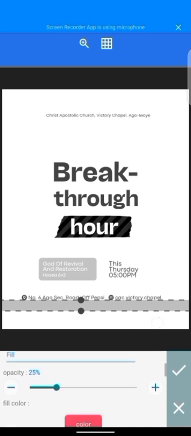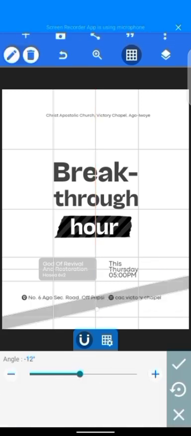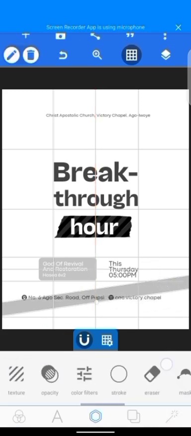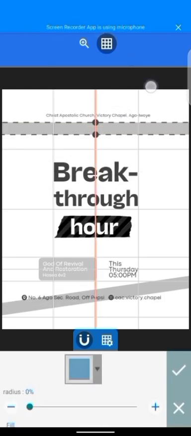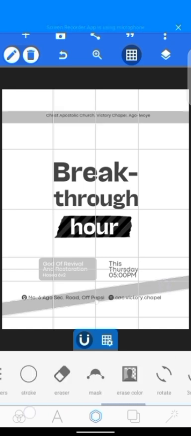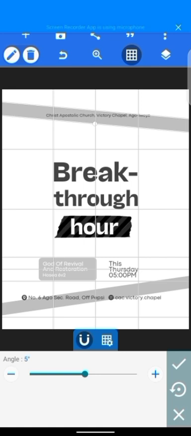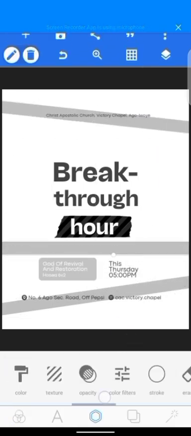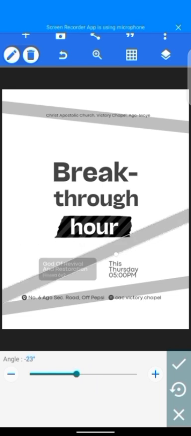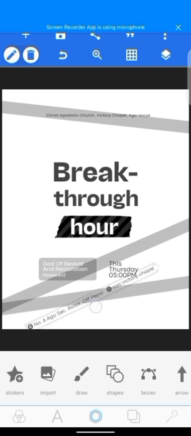So I added what I would describe as tips to highlight the important parts of the design. I mean, the parts that were likely to get overlooked or missed, but they were just as vital to the message being passed. So I added three. The first was for the important parts, that's the name of the church and the logo. The second one was for the address and the Instagram handle, very important pieces of information. And the third one was just for extra text to add